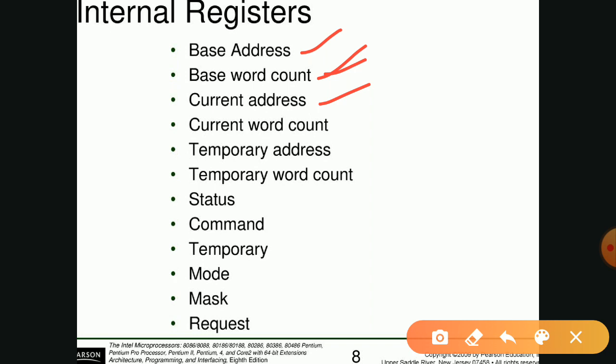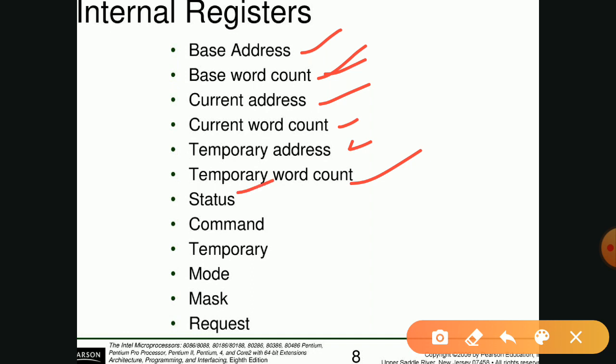The next one is the current word count register. It stores how many words or bytes you are transferring presently. The next one is the temporary address register. Whenever you want to initiate the data transfer, you can store the address in the temporary address register. Like that, the temporary word count register stores the count of the words.